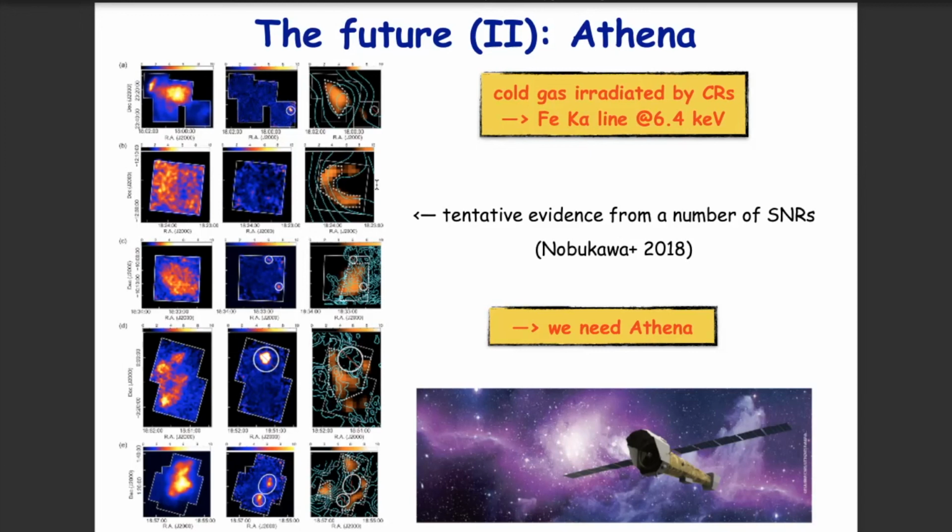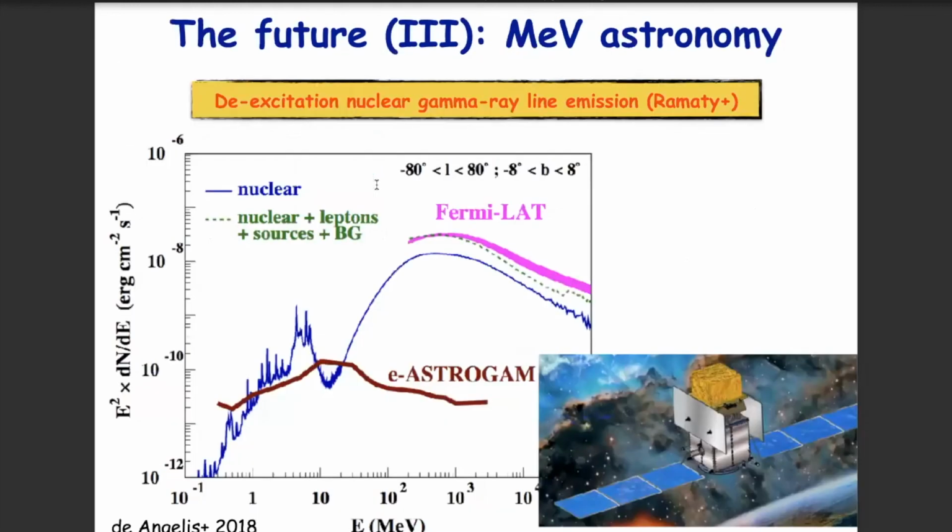And so in the future, detecting this line from many clouds would help in constraining the spectrum of low energy cosmic rays. MeV astronomy: it would be great to have e-ASTROGAM, which is a satellite in the MeV domain, because low energy cosmic rays can also excite atomic nuclei. And so you expect to see nuclear excitation lines in the MeV domain. And if you build this, you should be able to see these lines if you integrate the entire inner galaxy. And so this will tell us something about the global content of the galaxy in low energy cosmic